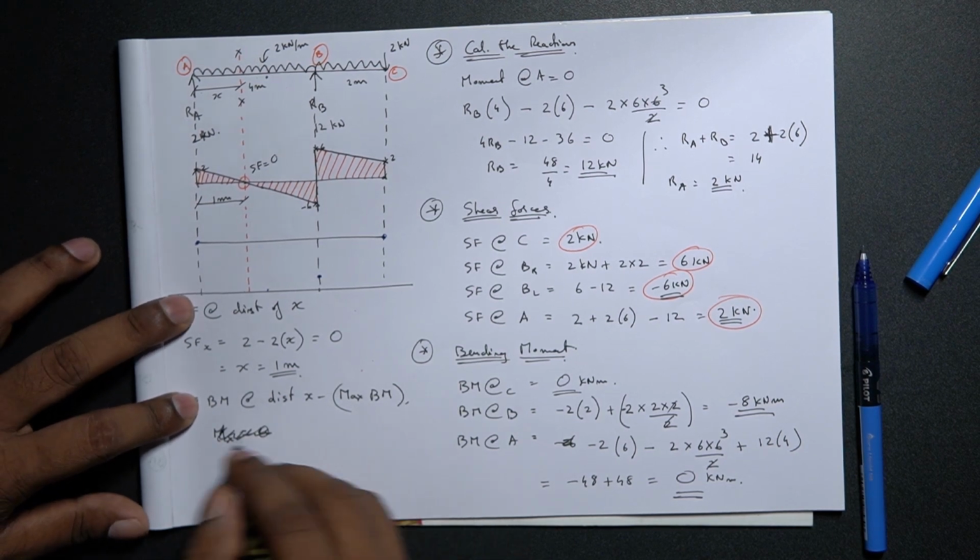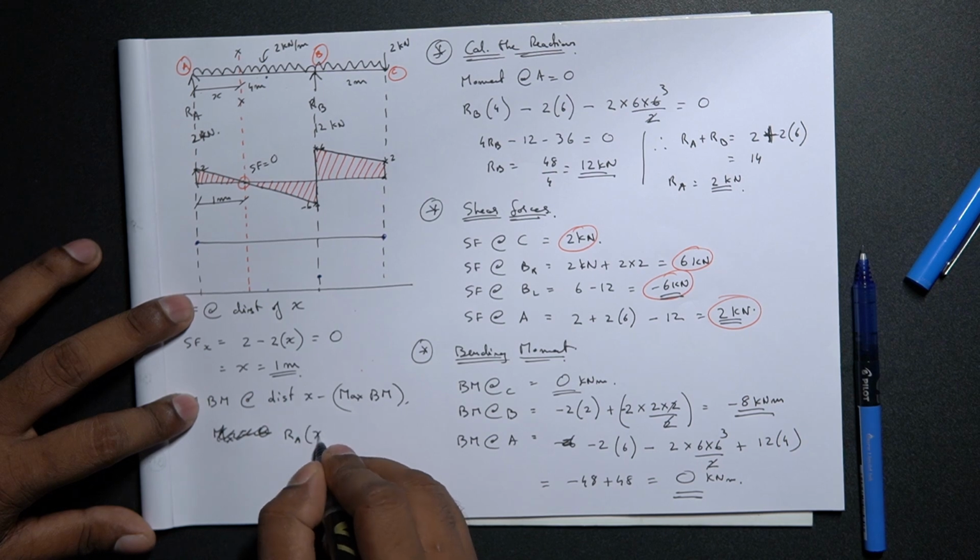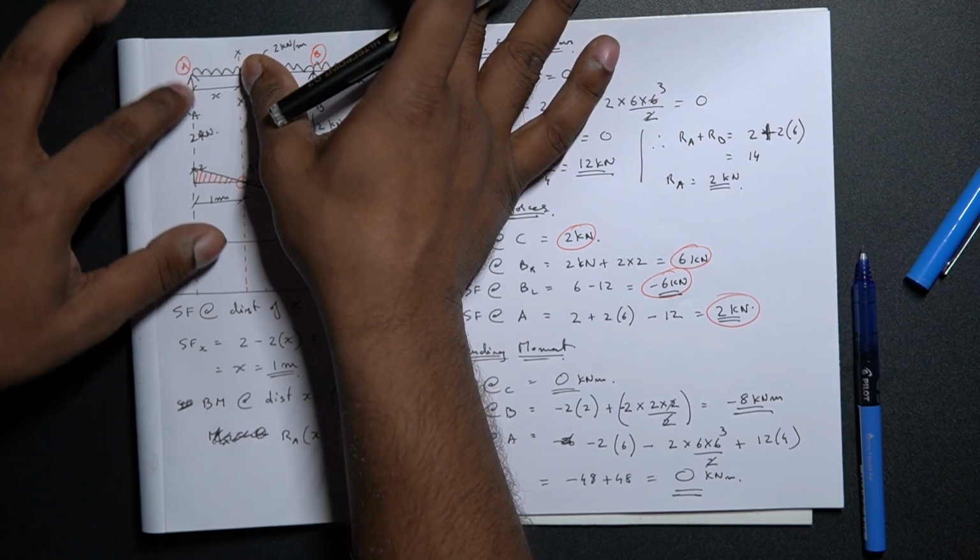So the maximum bending moment is equal to RA times x. So RA times x